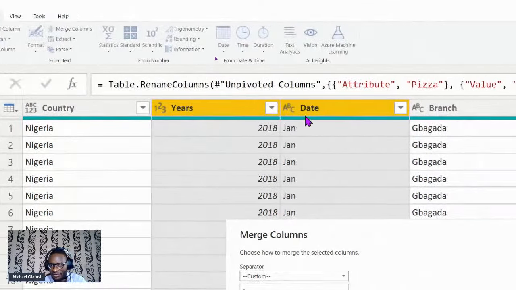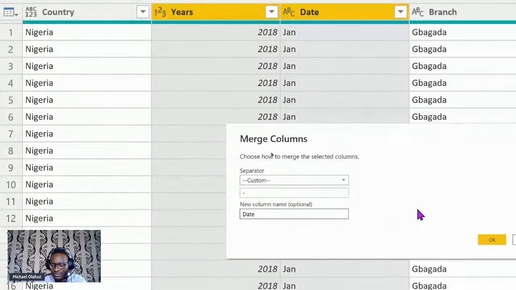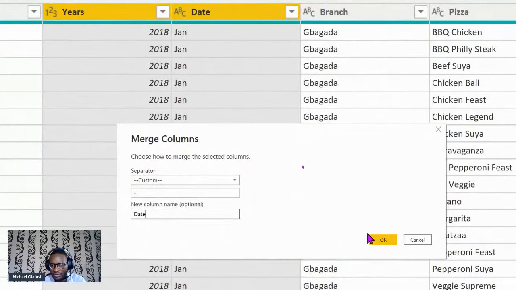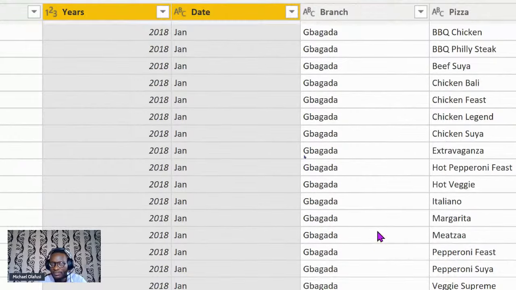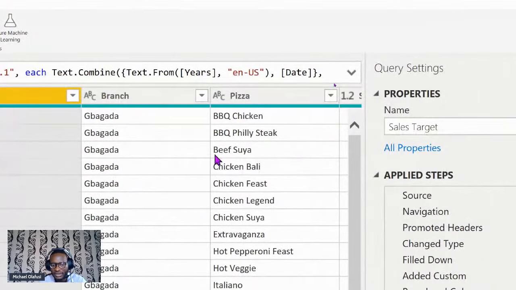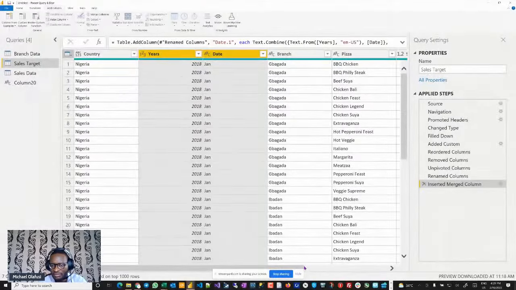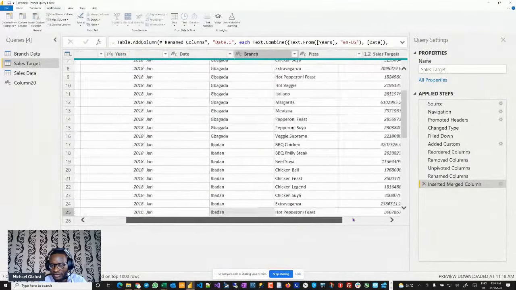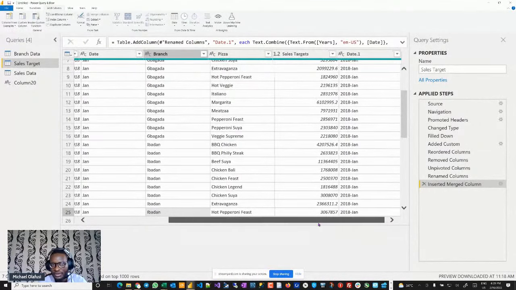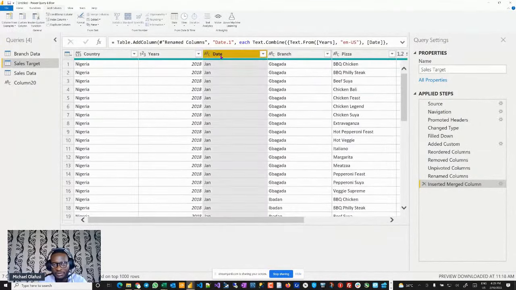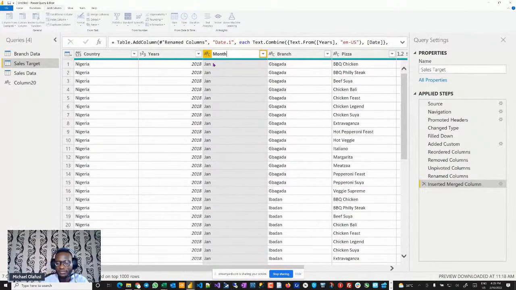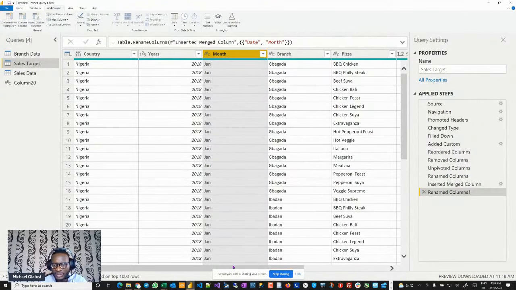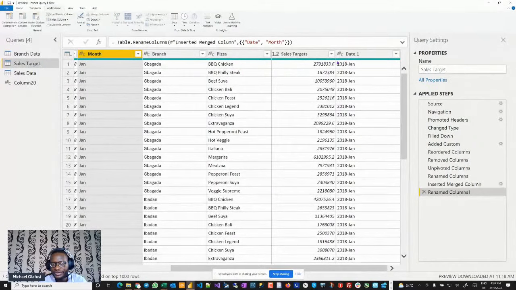Okay, it's going to complain. I've called this dates. Anyway, I'll rename it anyway. So I'm going to just say okay. So it's going to complain that there's already a date and automatically prefix this with 1. So not a problem. I'm going to rename this to be month because this is actually month. And so again, what am I showing? I'm showing you the ability to merge. So that's the key takeaway from the step I just did.